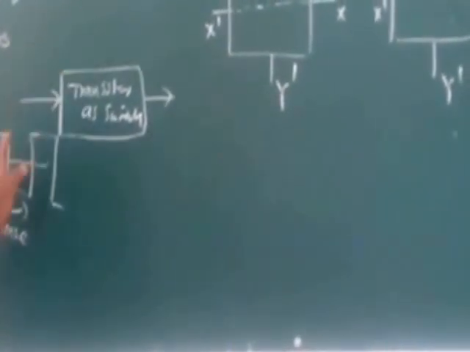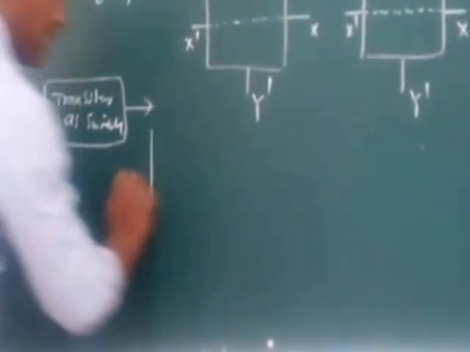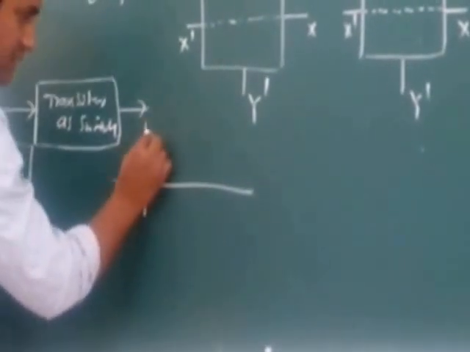If you apply this signal to the transistor, we know that when a higher voltage is applied to the base of the NPN transistor, it will go to the saturation region. Whenever you apply a negative voltage at the base of the NPN transistor, it will go to the cutoff region. So we are going to get the output signal like this.